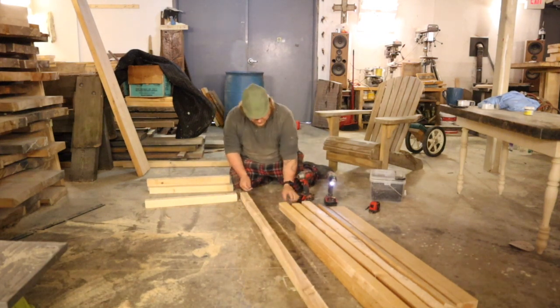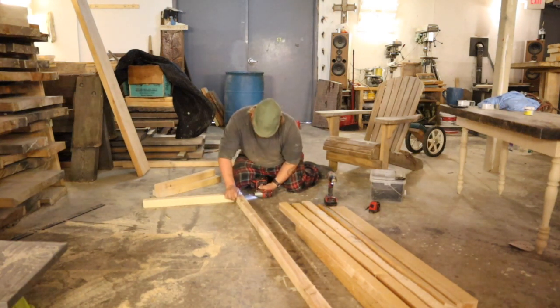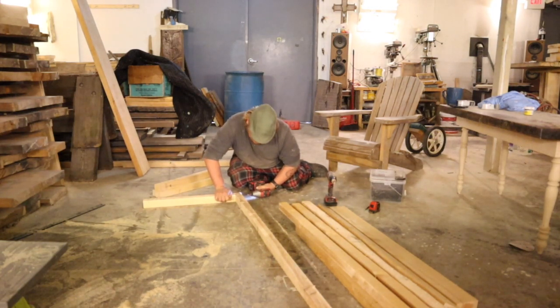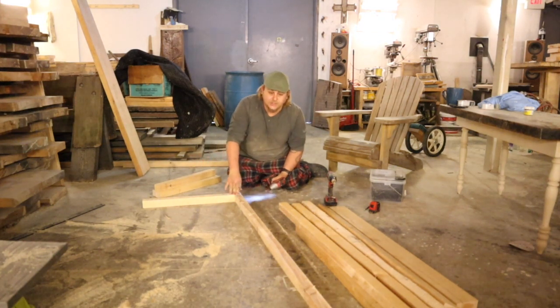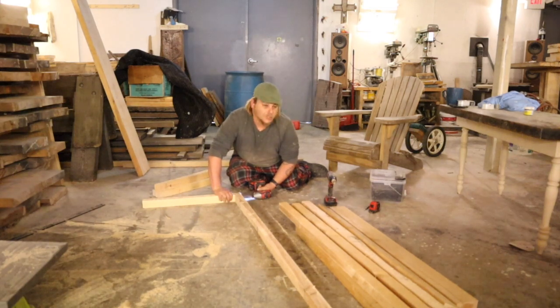Simple, and just spin it. It's great to work on a surface like this that's flat. If you have to work outside on the ground, I feel your pain. I did that for years. Now, make sure you pre-drill these because they're only 2 inches thick. You throw a screw through there, it's definitely gonna break the board. You're gonna end up with a flimsy thing. You're gonna wake up in the morning and chicks are gonna be running all over the place. And I'm not talking about chicks from the club, I'm talking about...